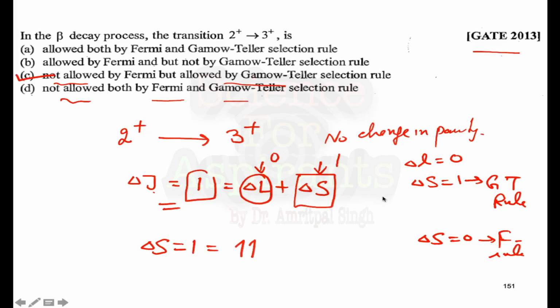So this is all for today's lecture. In this lecture I have given you a brief explanation of beta decay and what types of allowed and forbidden transitions are possible. In the next lecture we will discuss the expression of Fermi theory of beta decay, and then we will discuss the comparative half-life and do some important numerical problems related to this beta decay.